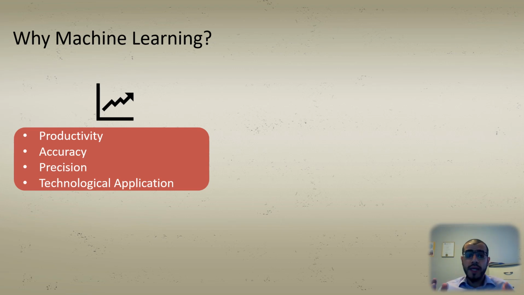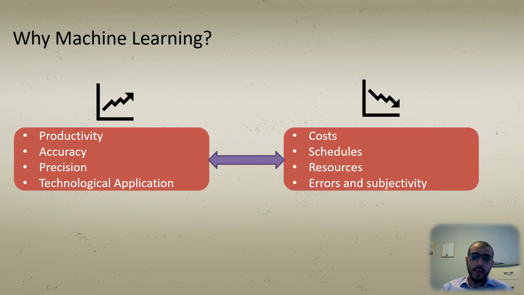So it is expected that the productivity level of using machine learning in sewer inspection will increase. And because of the reduction of the subjectivity and the errors, the accuracy and precision will increase. Furthermore, trying to adapt new technologies and applications will refine how we are processing the different processes that we were adopting in old ages. And because of these, we are going to reduce the costs because of the different resources, whether they are the direct and indirect cost.